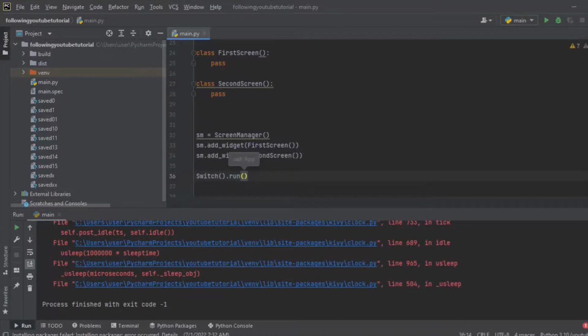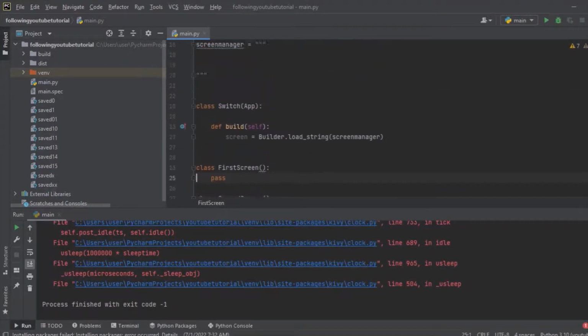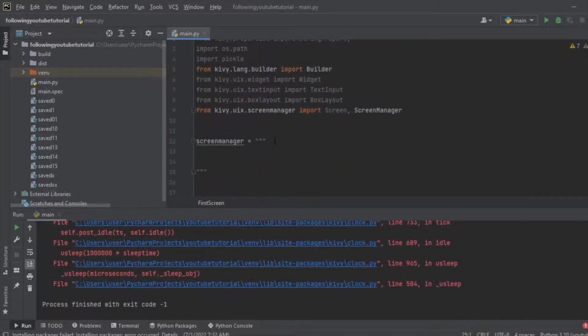So that's all for this step. The next thing we are going to do after this step, we come right over here. Now we program our switching of screen from a certain screen. So here's what we are going to do now. We write screen manager,